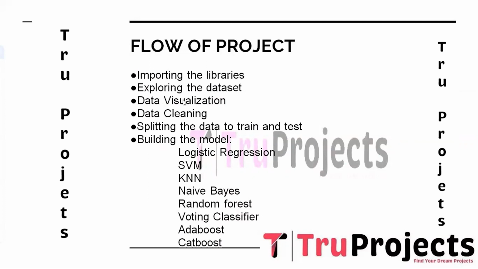And the third one is data visualization. Data visualization techniques are applied to present the dataset characteristics visually. This step involves creating various plots and charts such as scatter plots, histograms, box plots, and heat maps to visualize the relationship between the different features, identify outliers, and understand the distribution of the target variable. Data visualization helps to gain a deeper understanding of the dataset and provides valuable insight into the patterns and trends.